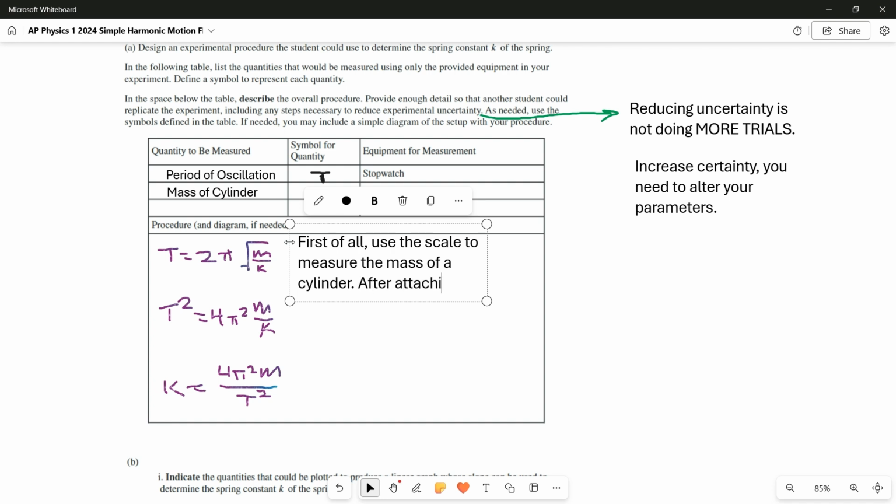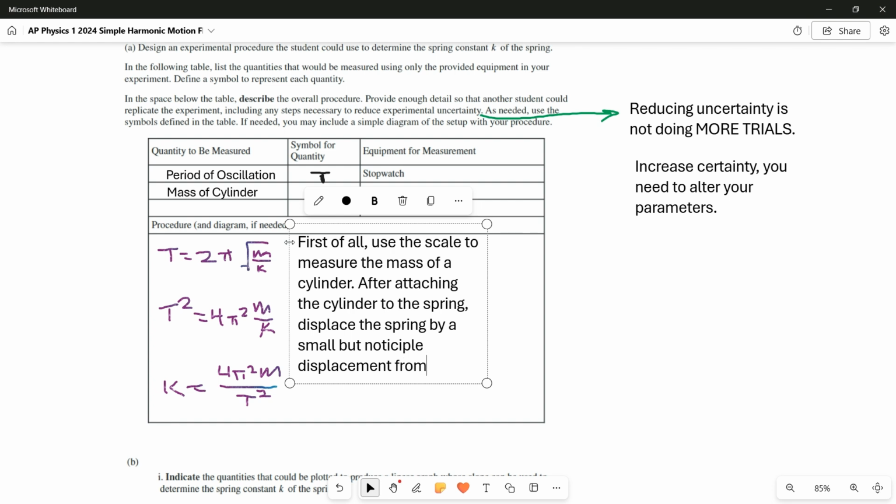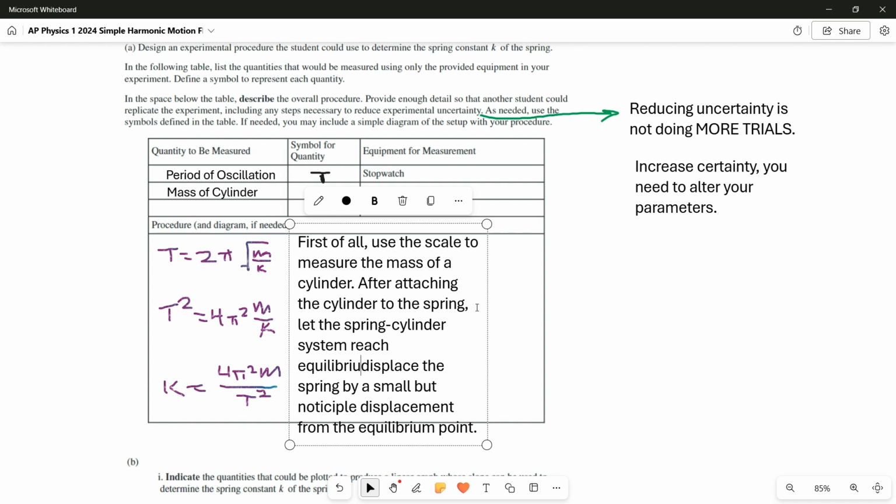After attaching the cylinder to the spring, displace the spring by a small but noticeable displacement from, let's say, the equilibrium point. And to be more careful here, we should actually let the spring reach equilibrium first. We should say let the spring cylinder system reach equilibrium. Then displace the spring, and so on,